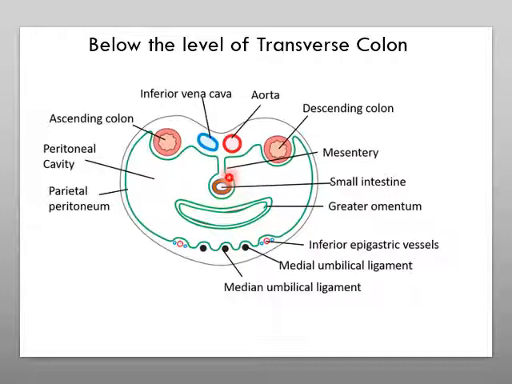Once again it comes back to form the left layer of the mesentery, covers the aorta, and then once again moves on much further to the left to cover the anterior surface of the descending colon, and then once again covers the lateral anterior surface of the abdominal wall, and once again we are back to where we started. Apart from this, there is the greater omentum peritoneal fold which is covering the loops of small intestine. The thing we need to appreciate here are the four layers of the greater omentum: 1, 2, 3 and 4.